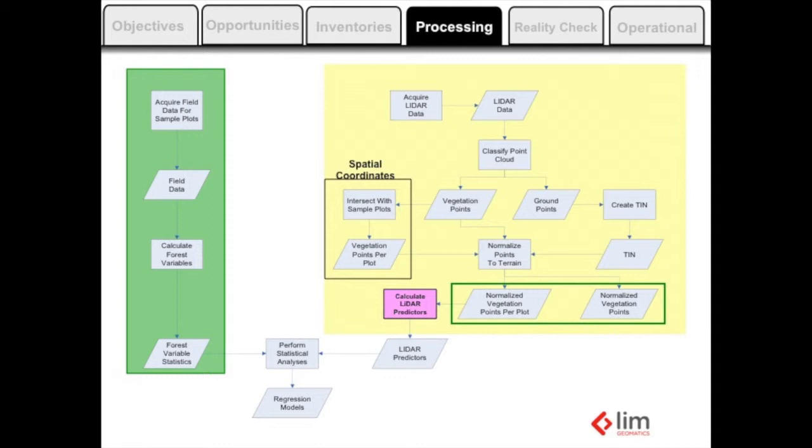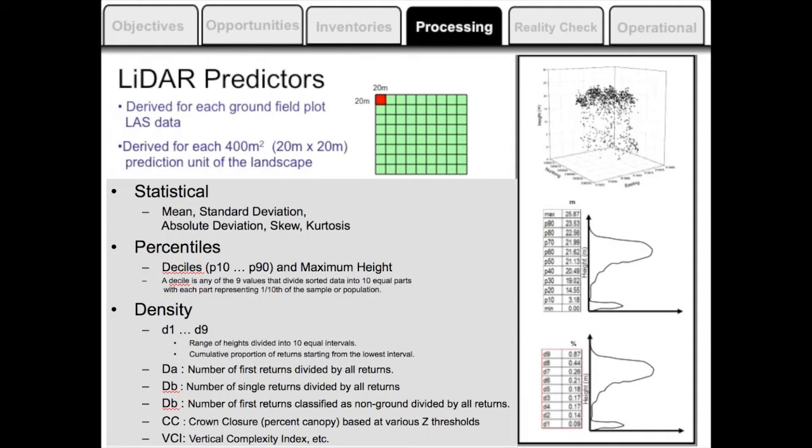Calculating the LiDAR predictors, we talked a lot about that today, and I'll go pretty quick. We've got to calculate that whole suite of LiDAR predictors for every part of the landscape that I want to apply the models to, but I also want to do it for my plots that I'm going to build my models on. So now instead of that 1 kilometer tile, I'm actually breaking that 1 kilometer tile into 20 meter by 20 meter cells. We talked about that already earlier today.